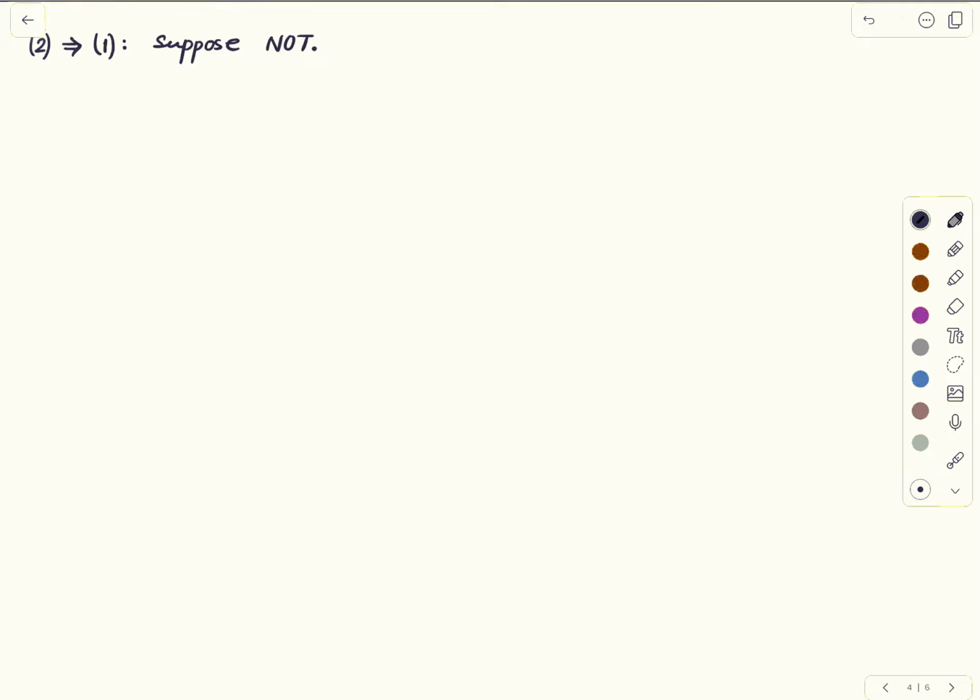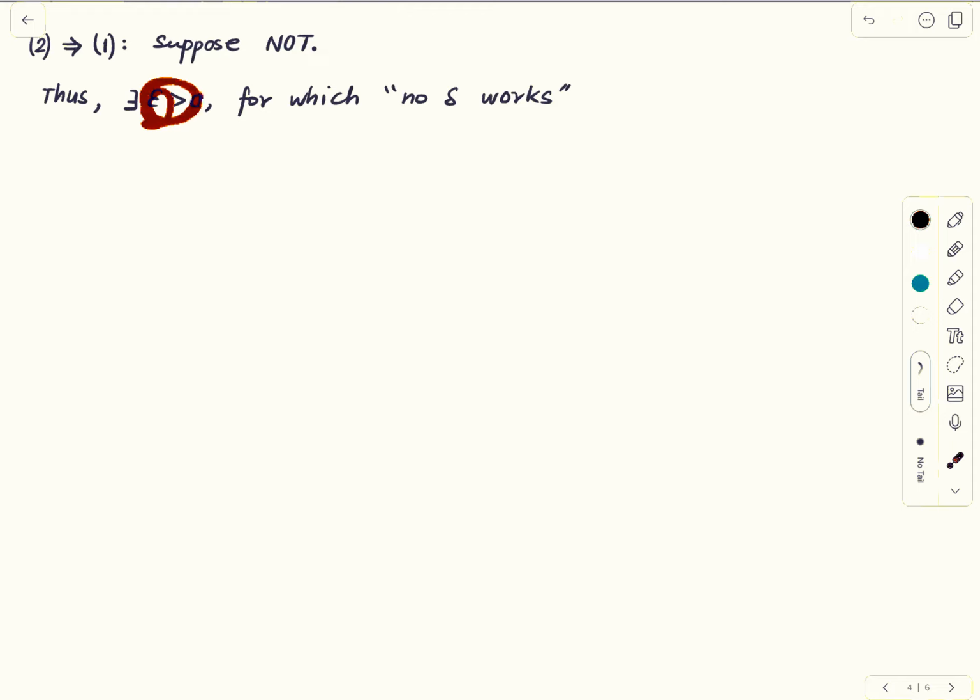Then by the epsilon delta criterion, we can say that there is some positive epsilon for which no delta works. Meaning there is some special positive epsilon such that no matter what delta we pick, it doesn't happen that